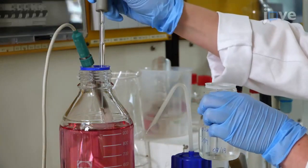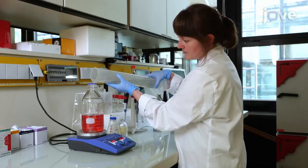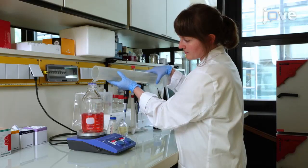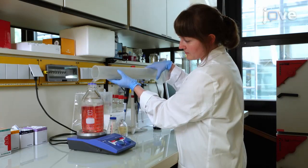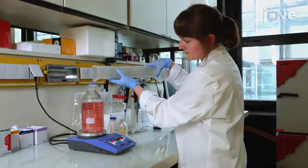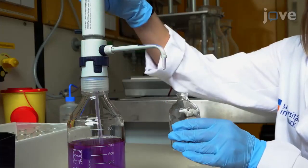Adjust the pH according to organism requirements and bring the final volume to 1 liter with distilled water. The color of redox indicator is pH dependent and might require some time to adjust. Fill 120 milliliter serum flasks with 50 milliliters of medium,